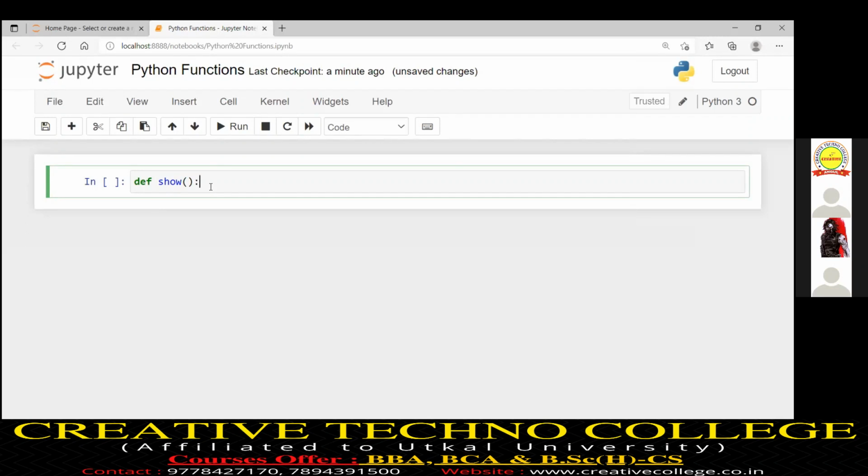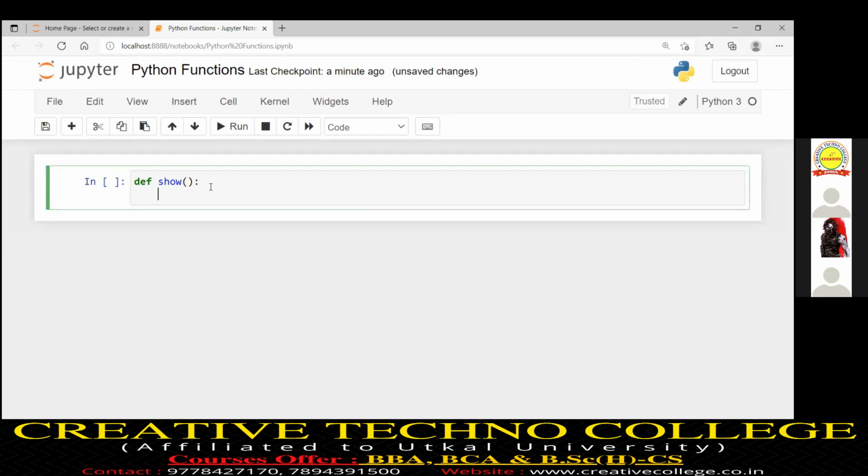Show, name, parenthesis, that is a function. A function definition is preceded by the keyword def. Def is a keyword. Now I will write print, suppose I write "Python means Ceylon software". This statement is the body of the function.